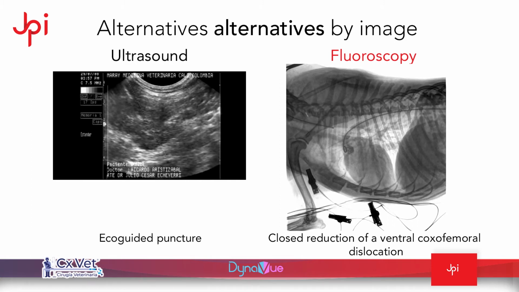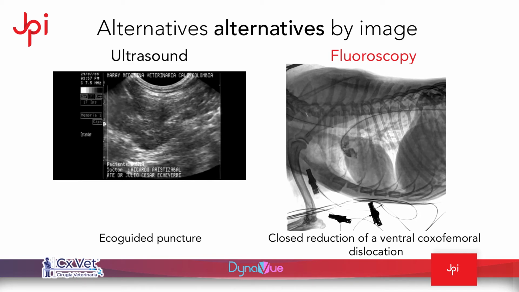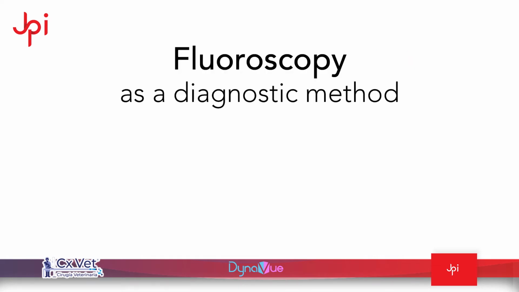Interventional procedure is in reality the great potential of fluoroscopy. Here we show you a very clear example. You can observe here how a closed reduction of a ventral hip luxation is performed in this patient without the need for surgery. In this section, we will approach the use and applications of fluoroscopy in the field of imaging